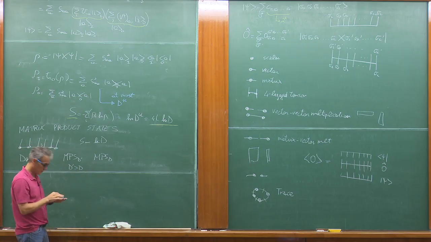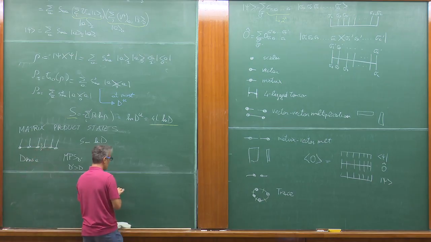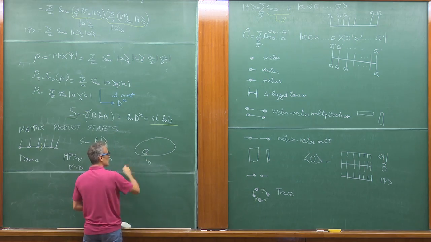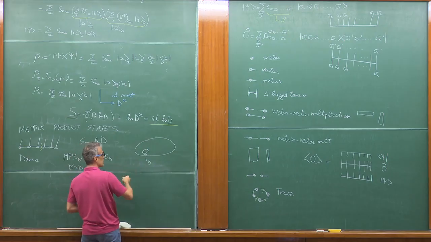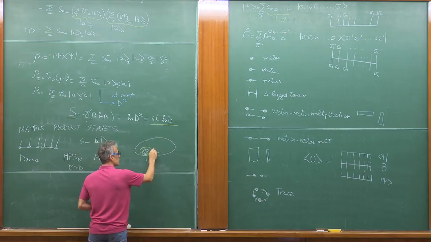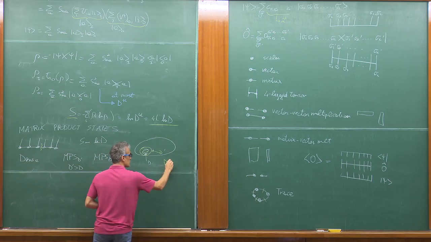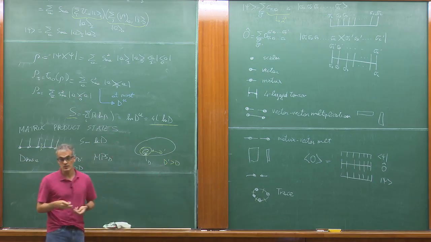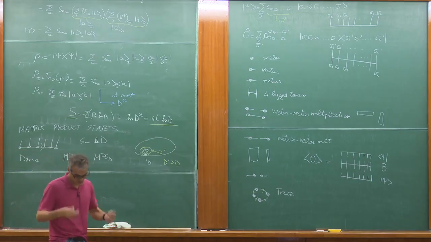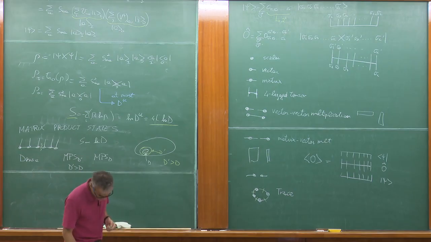So as you increase, let's say you have the space of the things you can describe with a certain bond dimension D. The area of the Hilbert space that you can describe is something like this. With a bond dimension D prime larger than D, you will include all those states. So every time you increase the bond dimension, you shouldn't get worse. You can improve, or you can describe all the states you could describe before. So this is nice and interesting.